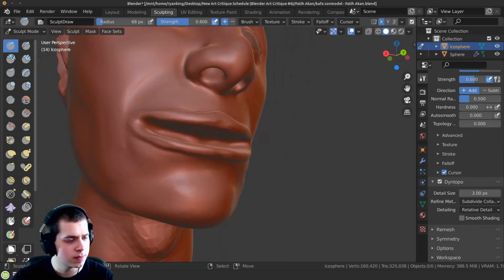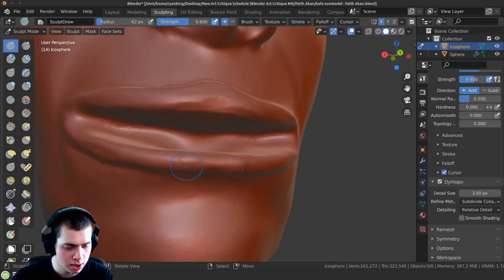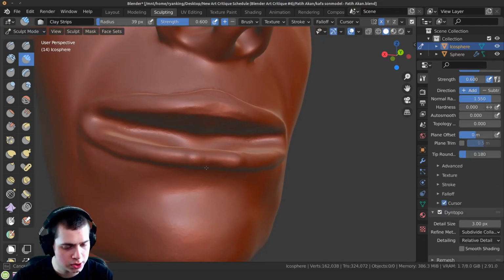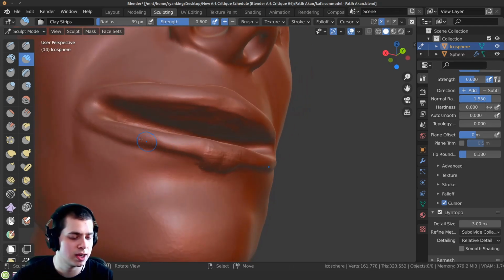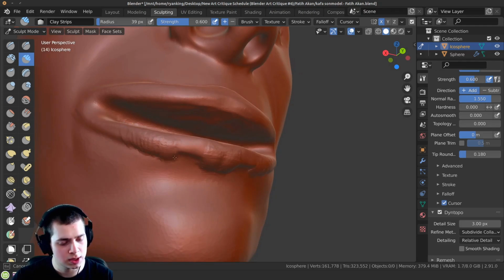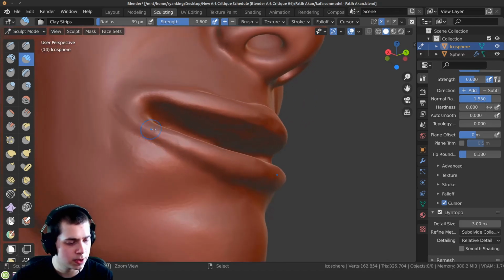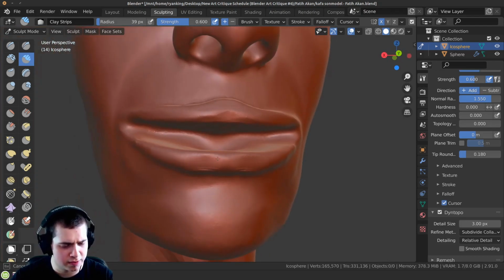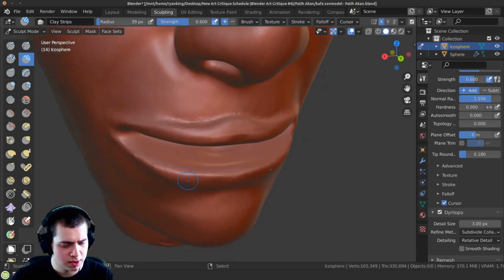Okay, now the lips here, I find that it's best if you use the clay strips and go along the form. So clay strips brush, just kind of going along here, smoothing that out if you need to, but then just kind of going down. And the lip is going to be thicker where it's kind of in the center, and then as it comes up, it's kind of going to get thinner. So just going along there, back and forth, thickening that up and then smoothing it out. Okay, and then also you could hold down the Control key, kind of flatten that if it's a little too puffy, because sometimes they can be a little bit puffy.